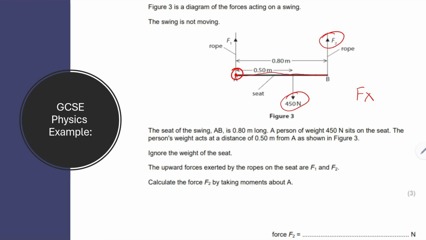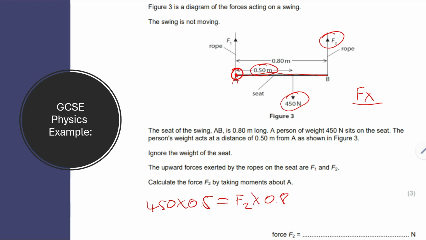So if we find the moments using Fx, we do 450 multiplied by the distance, which is 0.5 from A, which is over here, so multiplied by 0.5, and that will equal F2, which we don't know, multiplied